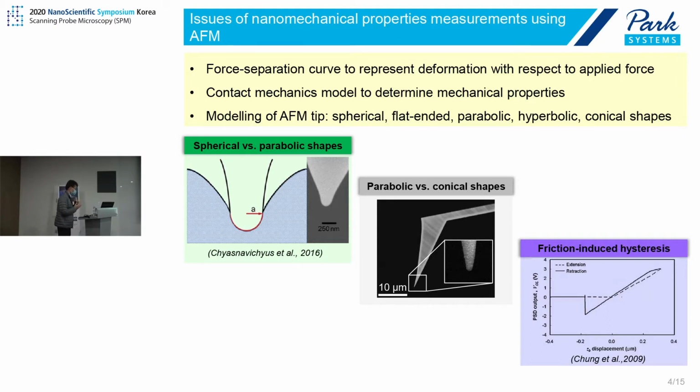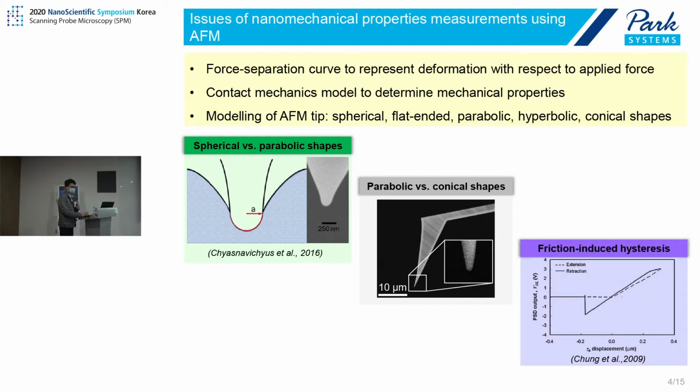However, the selection of a proper geometry to model the tip is not straightforward. For example, when the deformation of the sample is much smaller than the tip apex radius, we can assume a spherical contact. With increasing deformation, we should use the parabolic model. Also, the conventional AFM tip often has a conical shape with a rounded apex. Therefore, to model this tip as a cone, the deformation should be large enough to minimize the effect of